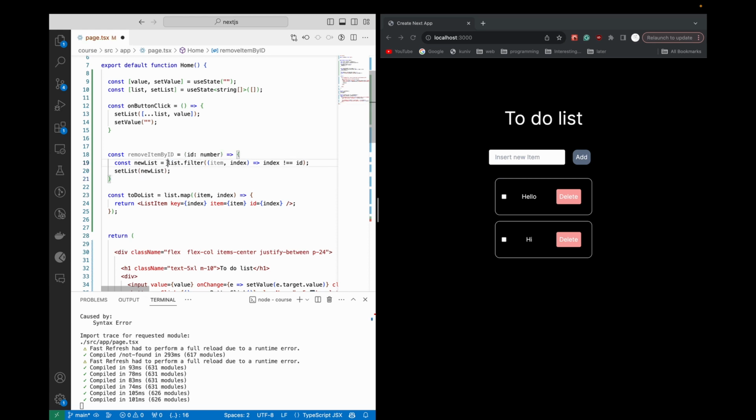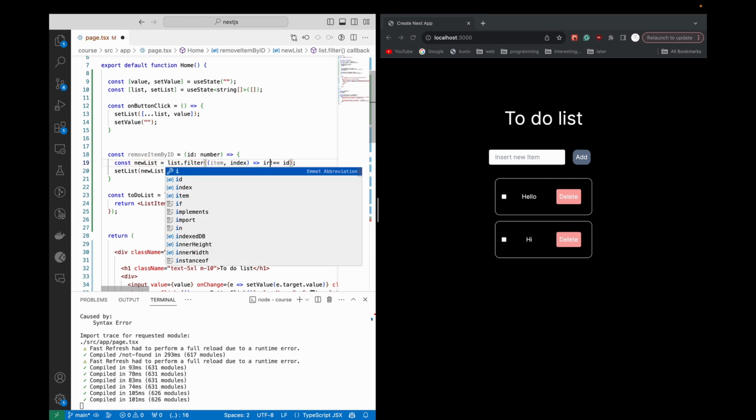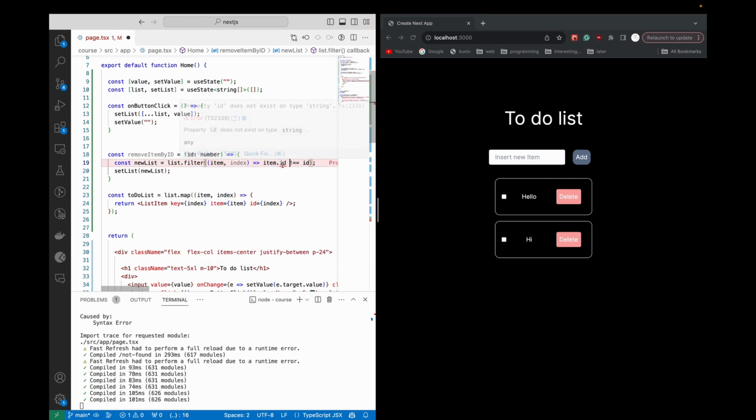I am gonna go through the list, and whatever the ID is, I will filter the list to not include it. So if the index, or sorry, this isn't what I want to do. If item.id in my list